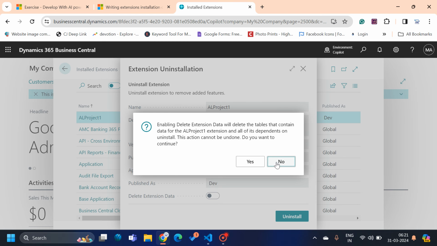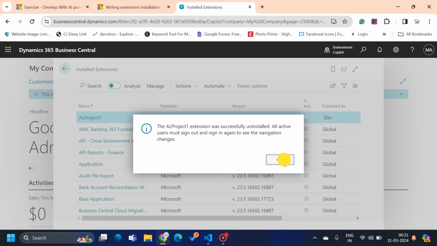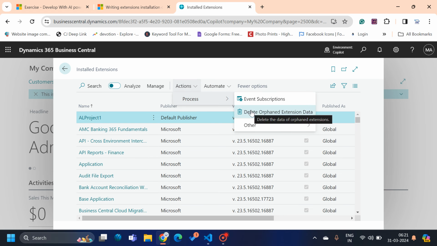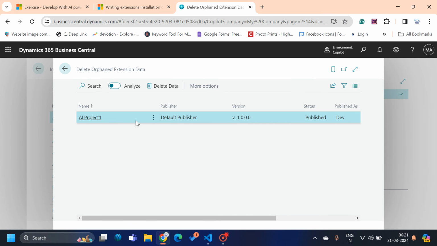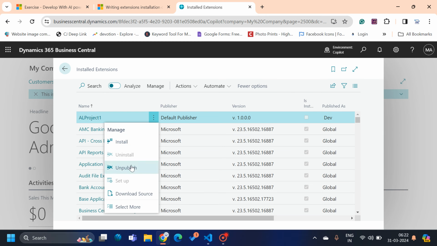However, if somehow you forget to do so, let me uninstall. Now the extension is uninstalled, and if I show you the page, Delete Orphan Extension Data, you can see that now this page is showing me one data, AL project, and so on. But still, I recommend that we should not use this page at the moment, because the extension is not unpublished as well. So now if I unpublish the extension,